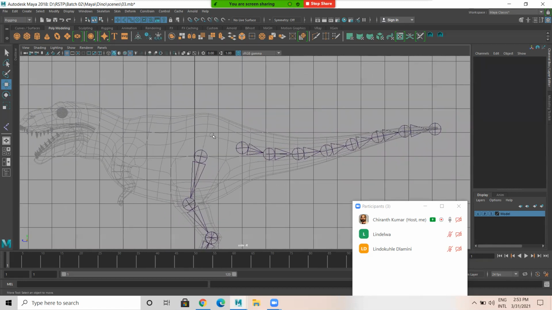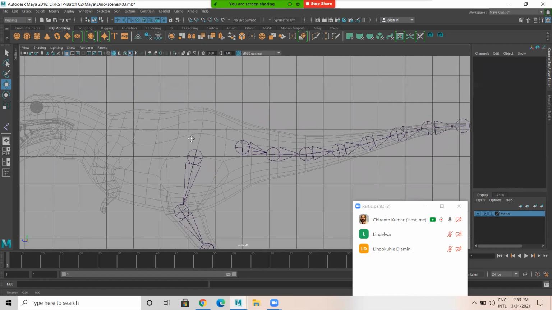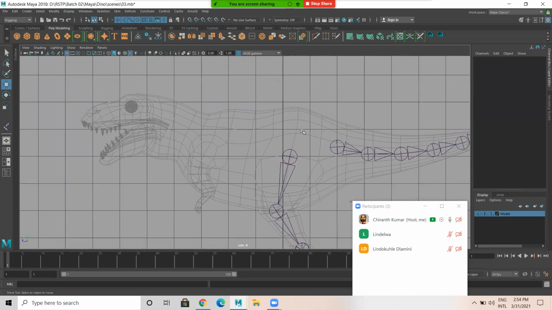Now I need to create a spine. So I go to skeleton, joint. From here I'll create. I need five joints till here, till the spine.